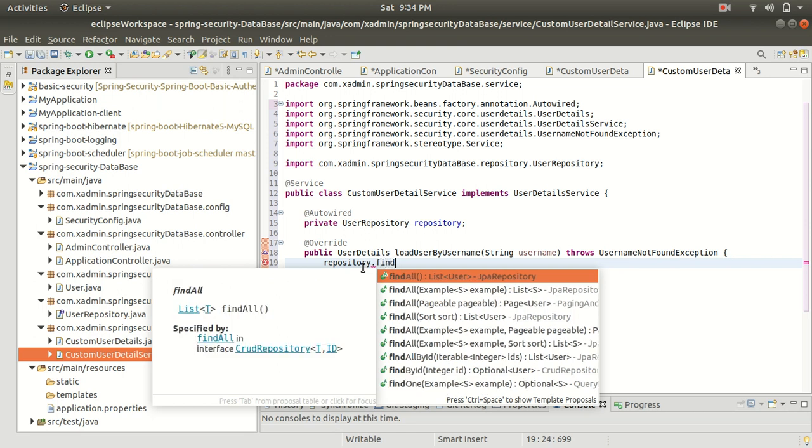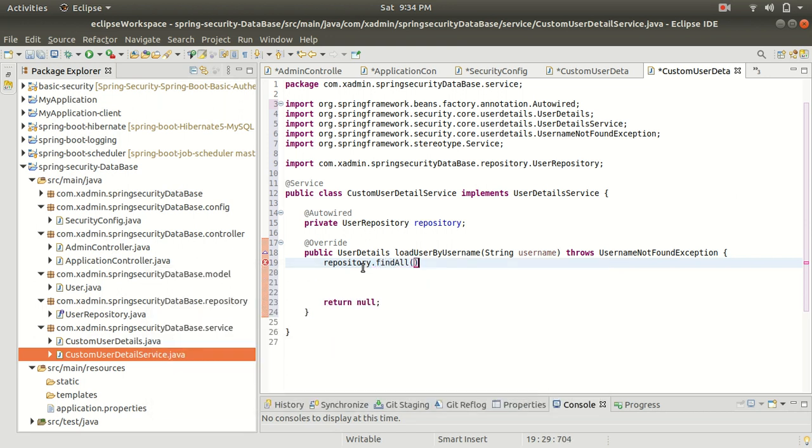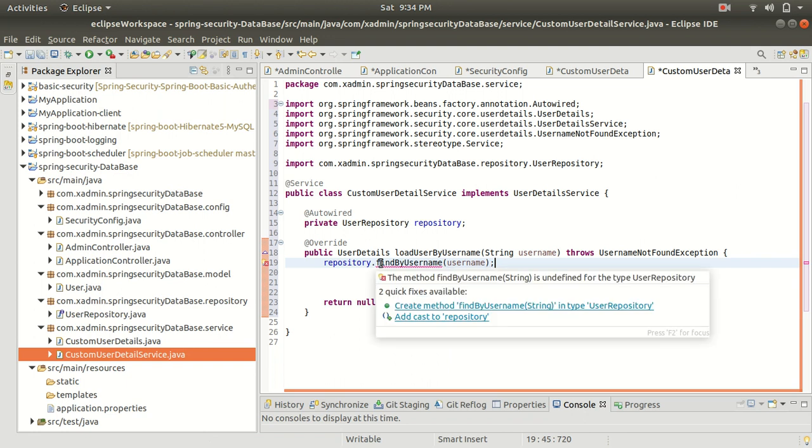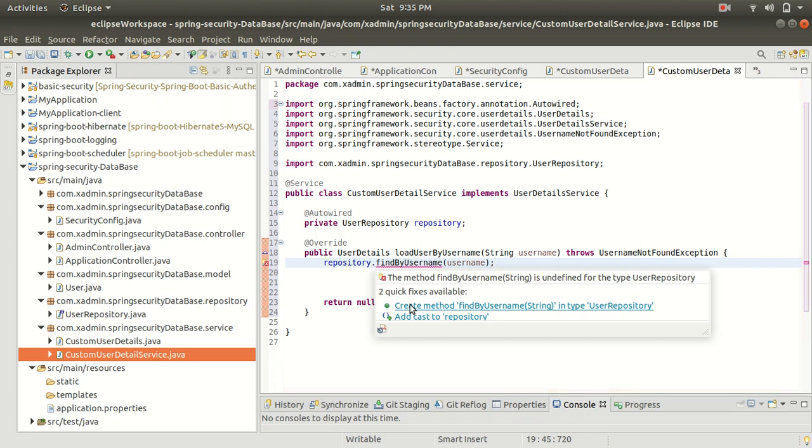So dot findAll method. So let's use findByUsername. All right, findByUsername, and inside this we have to pass the username. So if you see, this method is not present inside our repository, so let's create this method inside our repository.